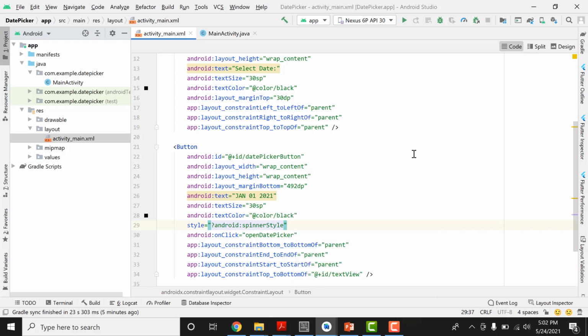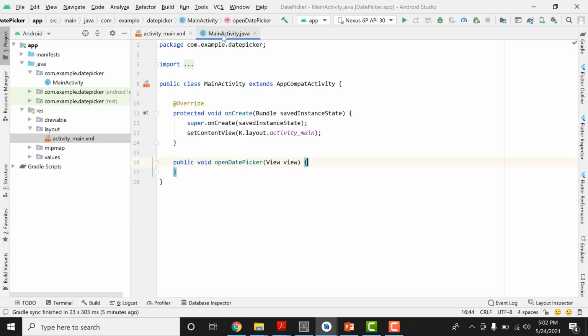I think that we are done with the design part. And let us go to the coding part where we are going to add code to this app. So the first thing is that